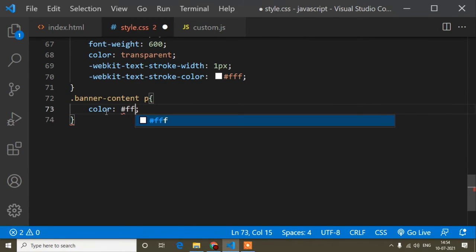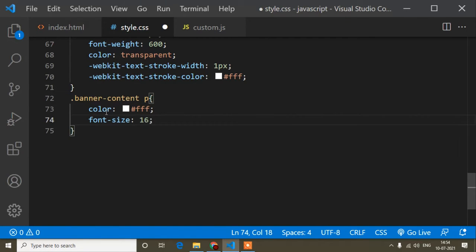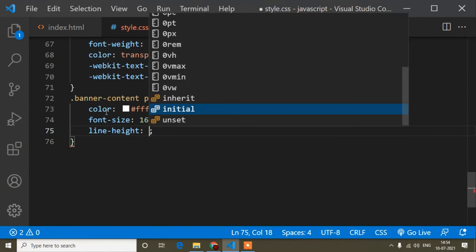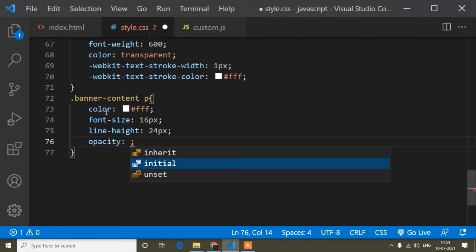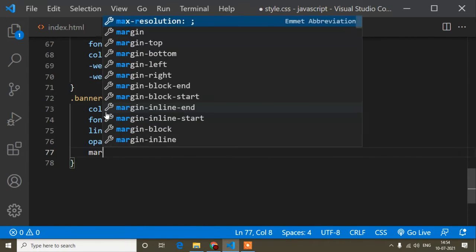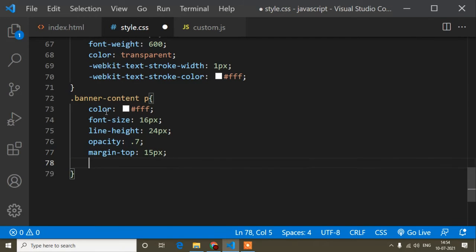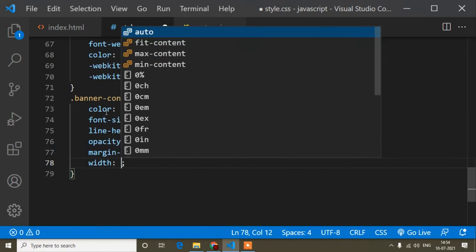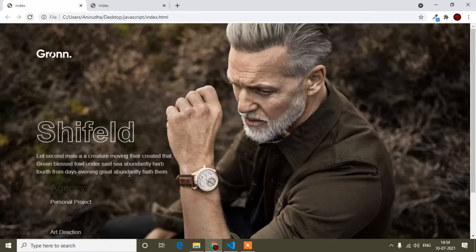So color is white, and font size is 16 pixel, and then line height is 24 pixel, and then opacity is 0.7, and then margin top is 15 pixel, and width is 400 pixel. Okay, so this is done, and now if I refresh, so you can see it's looking like this.